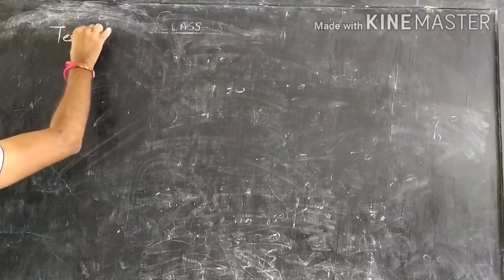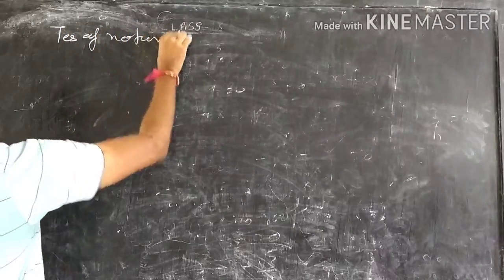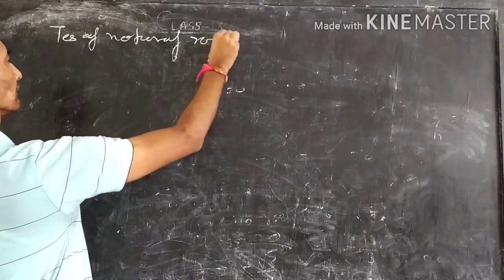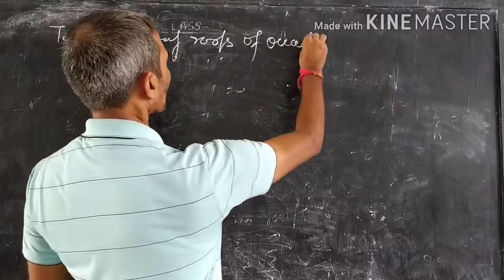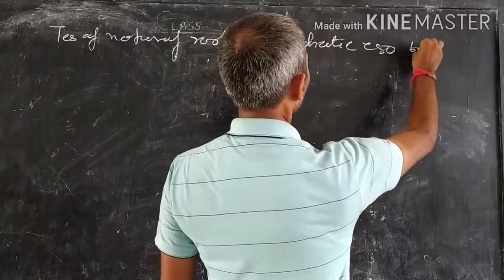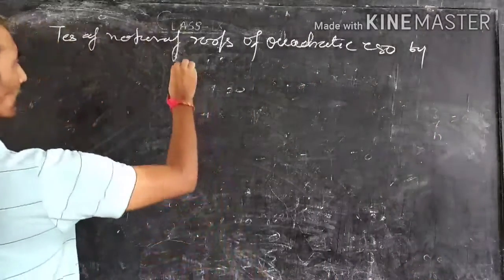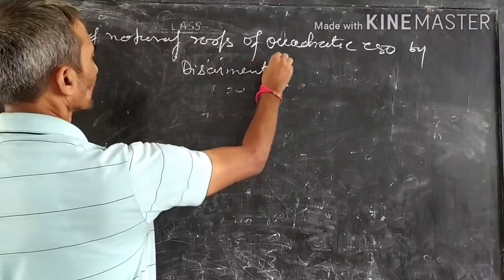Test of nature of roots of quadratic equation by discriminant. One thing